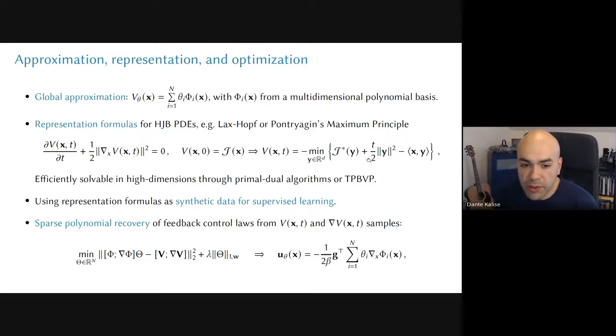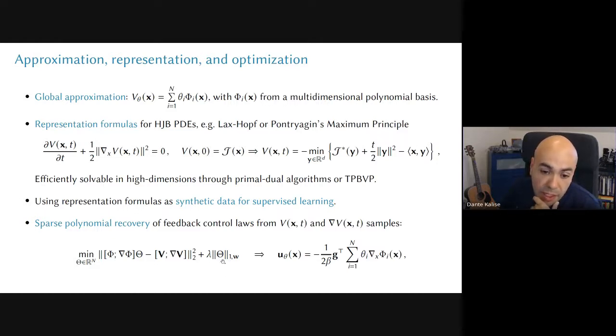It's no difficulty. And now I'm going to use this table x, t, v of x, t to generate a regression that will allow me to recover this coefficient theta. So in technical jargon, I'm sampling x, t and generating a synthetic data set for v. And now I'm doing supervised learning, but this is just linear regression because I have a linear ansatz for my v. It's a linear expansion here. I just need to solve an optimization problem on theta to match the data of v,